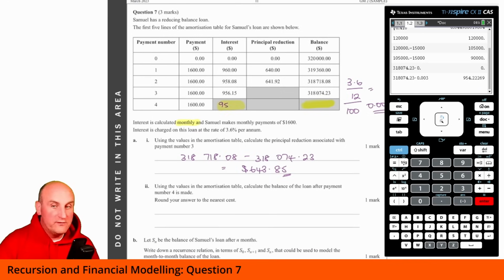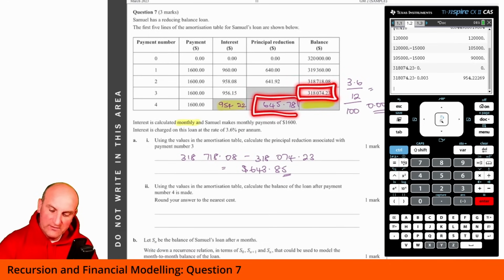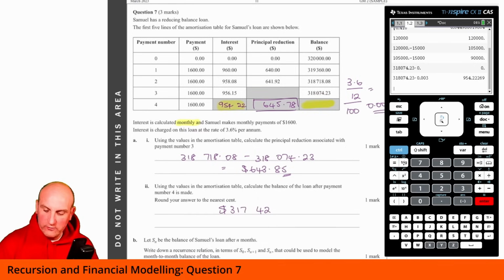That's $954.22. How do I get this value here? Well, I tend to look at the previous examples just to make sure I don't make a silly mistake. 1,600, 960, smaller value there. Realistically, I have to take those away. So I'm going to take those 2 away. And when I do that on my calculator, I end up with $645.78. And I know that if I do this value here, minus that value there, it's going to give me that value there. And so I'm just going to write that straight into my answer here, which is going to be $317,428